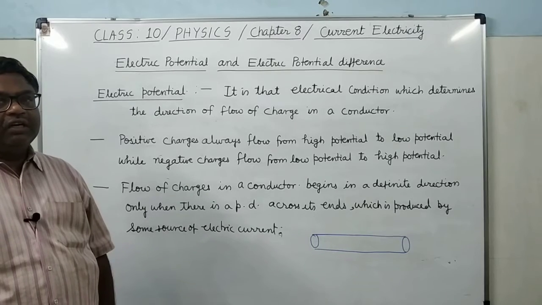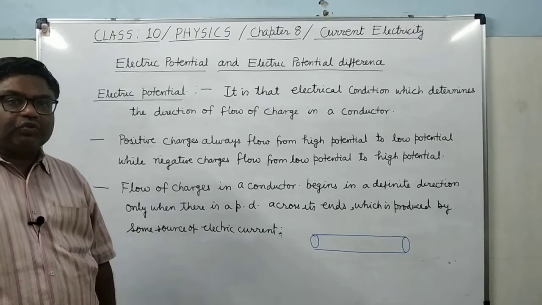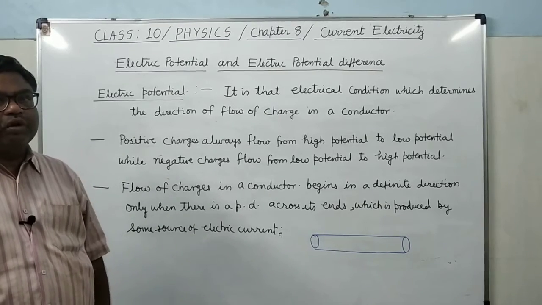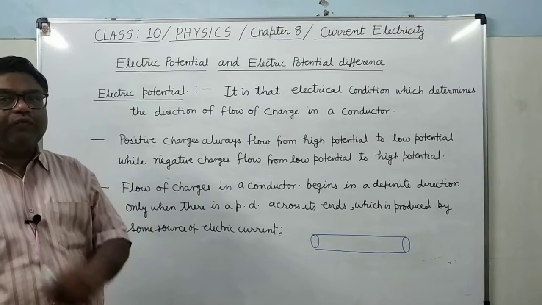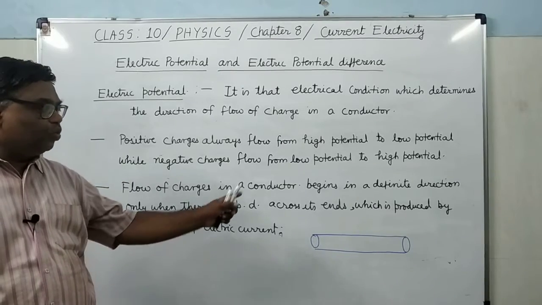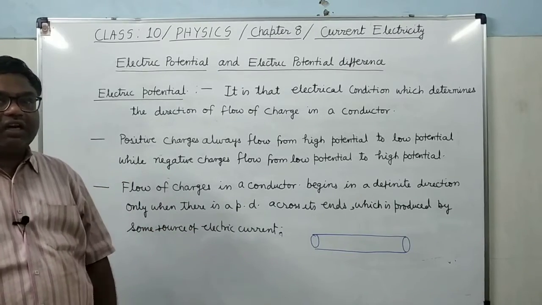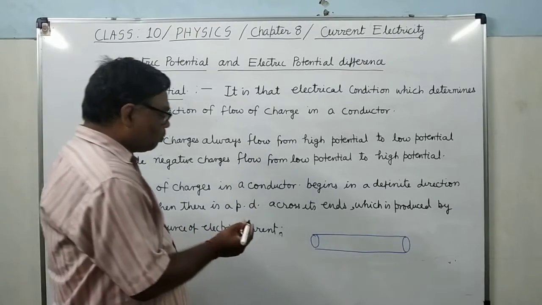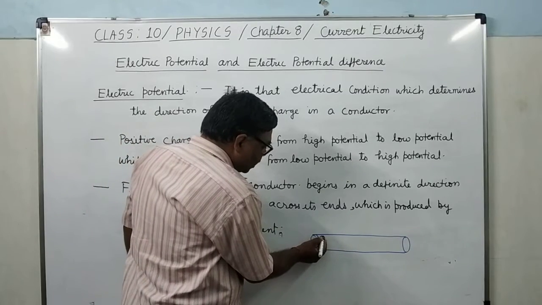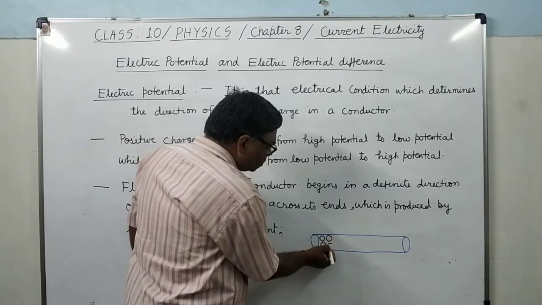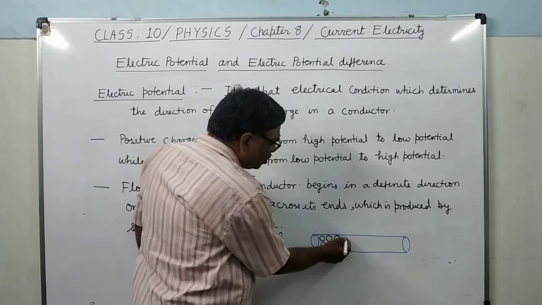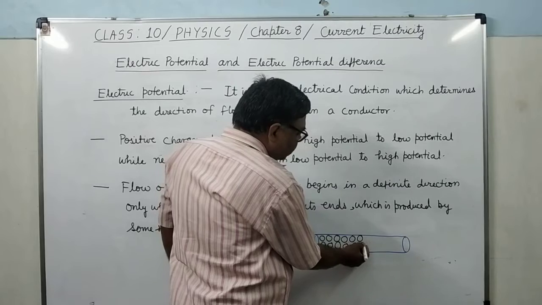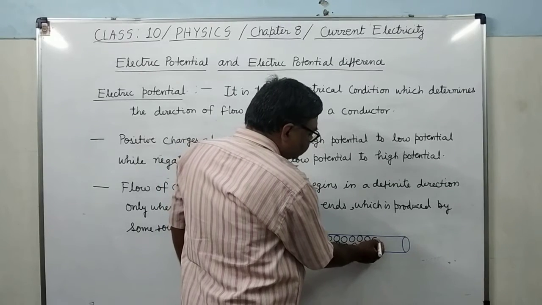It is clear? But since the positive charge is associated with the atom, these ions cannot move. But the electrons which have come out from the valence shell can move here and there inside the conductor through small interatomic spaces, which I am going to picturize with this diagram. Suppose these circles are representing the atoms. There is a very small interatomic space between the atoms.